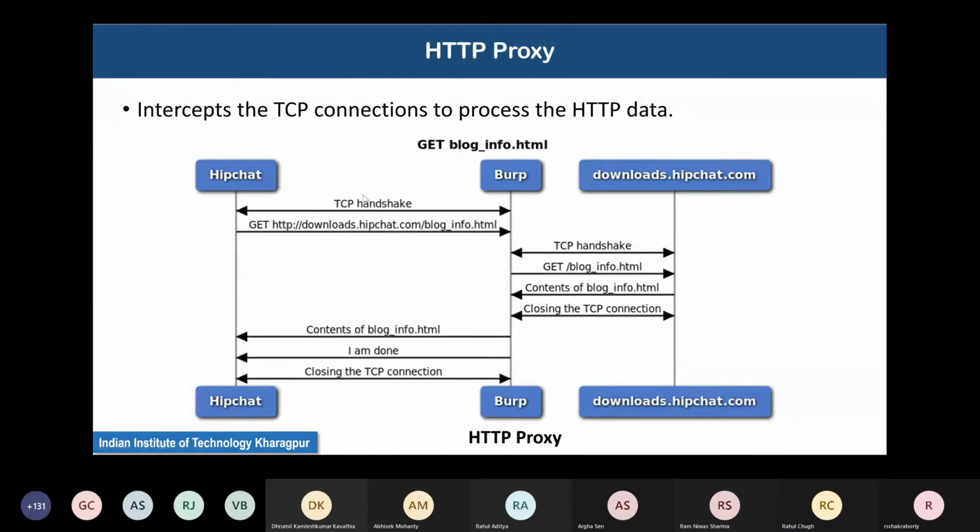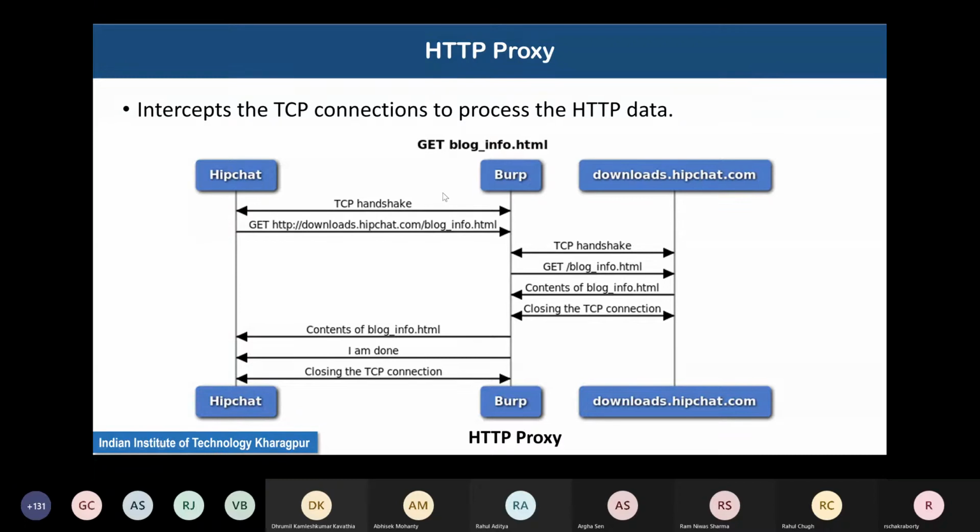Well, you can configure your web browser to do this by default. You can set an option in the web browser that all connections will be through a proxy server. You give the IP address of the proxy server and you mention the port at which this proxy server is listening for connections, which, if you remember in IIT Kharagpur, used to be 172 dot something, and the port was 8080.